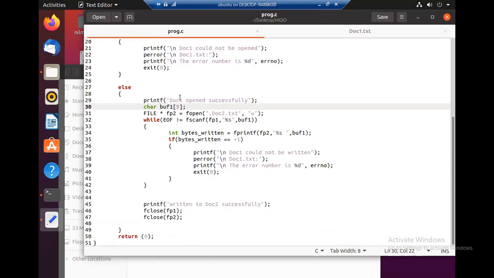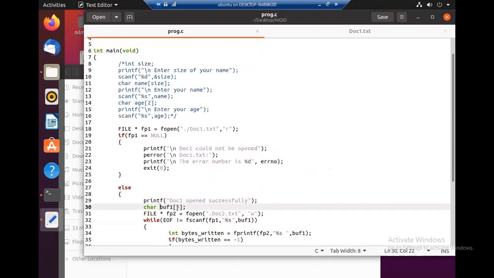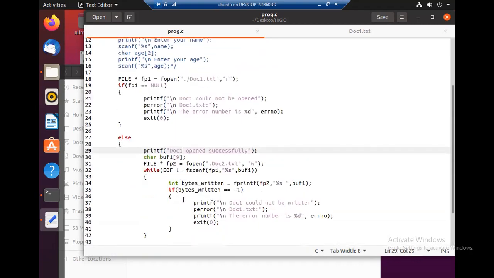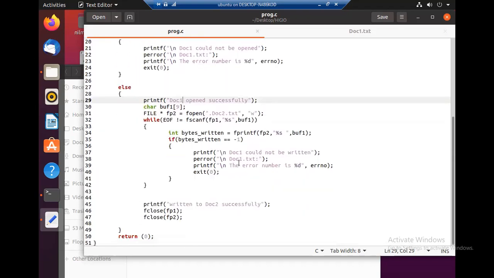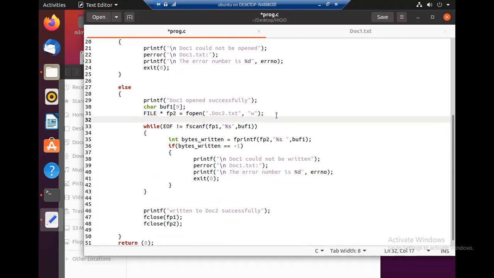Here, once we open doc1, then I just open doc2, but I didn't do error handling for doc2. If you want, you can do error handling for doc2 as well. So we'll do that. All of these should be indented.